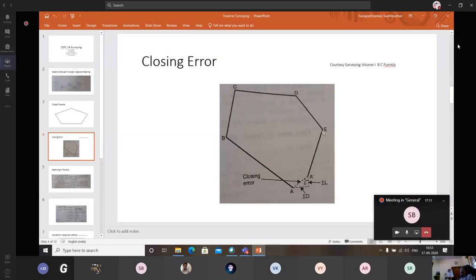The instrument is not proper. Instrument. There could be many reasons. Suppose magnetic local attraction is the problem. Suppose you are using a compass, and some magnetic materials are available in the field that distract it. So the first thing is you have to correct the bearing, the local attraction. Sometimes the tape itself will have an error which you would not have noticed, and then you would have carried out your work.